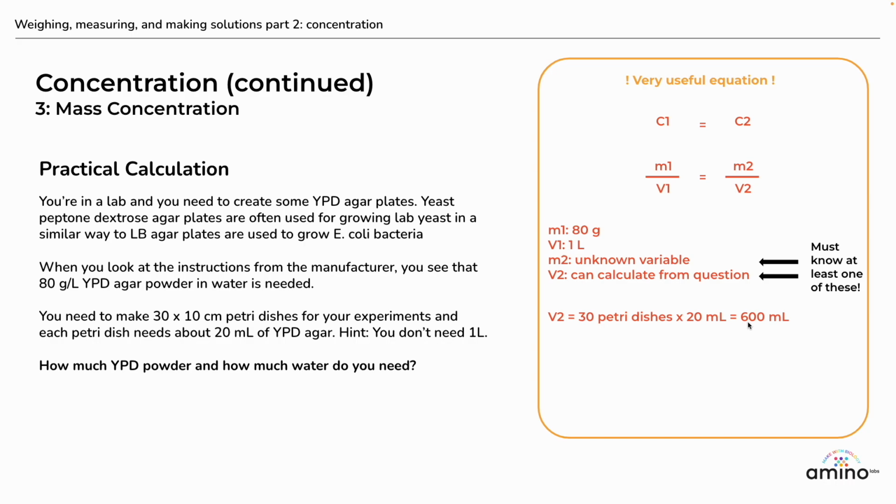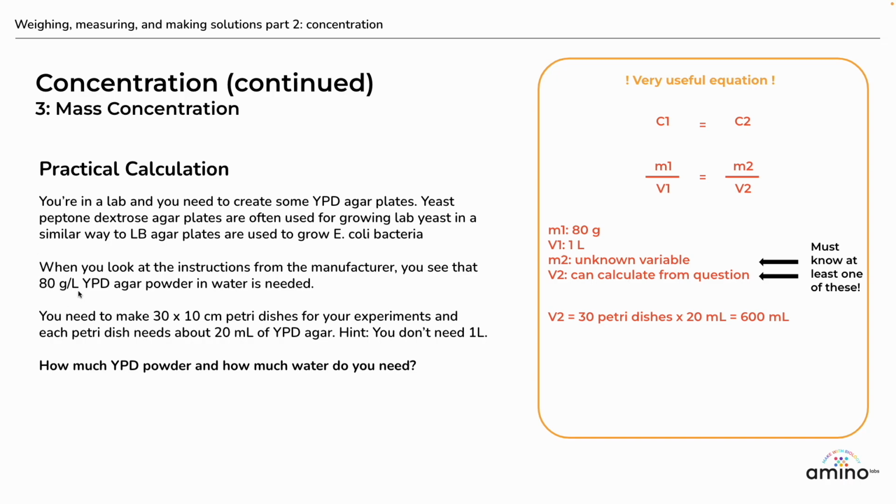Okay, so now we know V2, so the only missing value we have is M2, and so we can solve for that, and we'll go through that in order to know how much mass we need to add to 600 milliliters of water